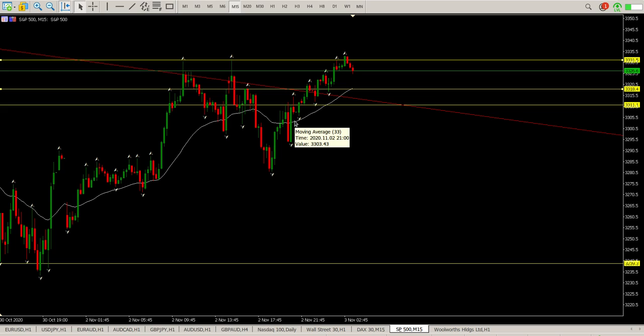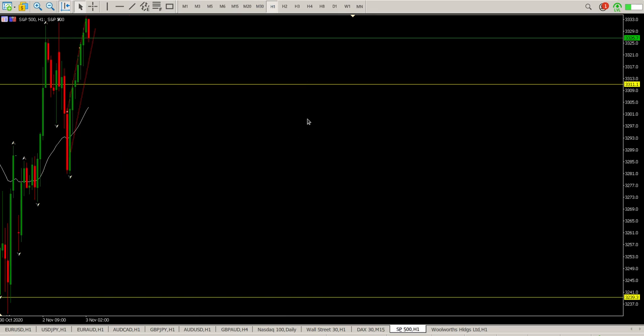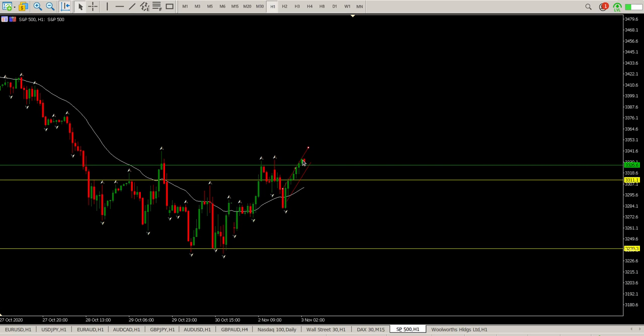Last thing here, if you look at this on the 15-minute, look at this range that's forming. There's the bottom of the range, and if I extend it there, there's our range forming. If we go to the hour, you can see that's a pretty tight range, and it's been one-way traffic, green, green, green, green, until this red bar here. There's still a bit of time to go in this bar, but I think we are in some area of resistance,